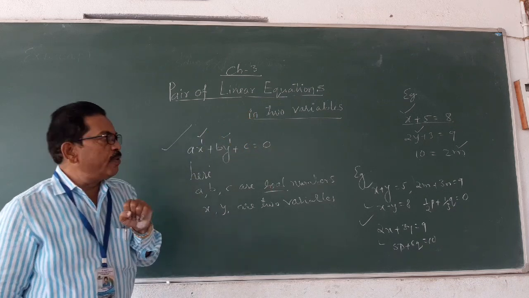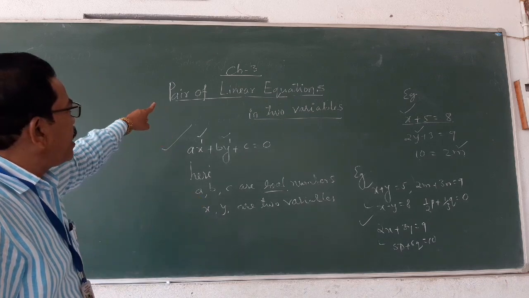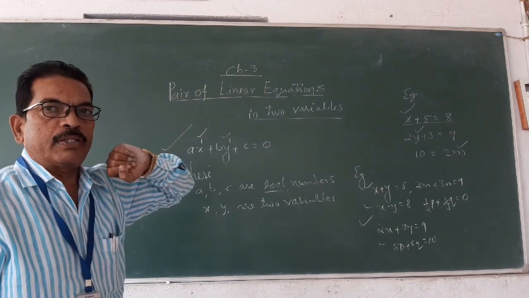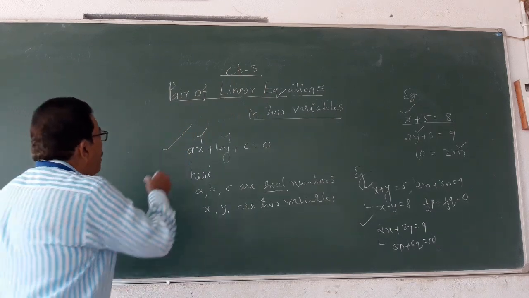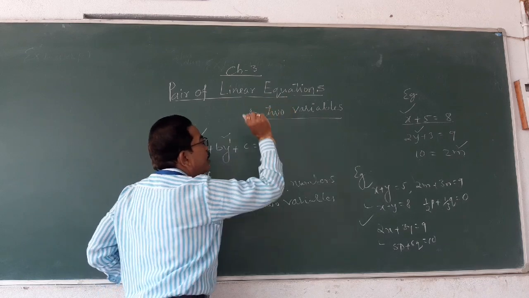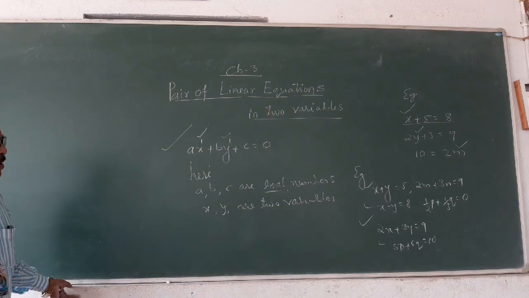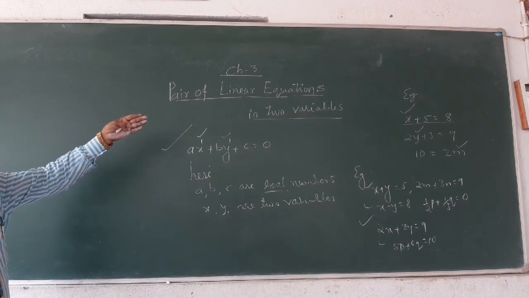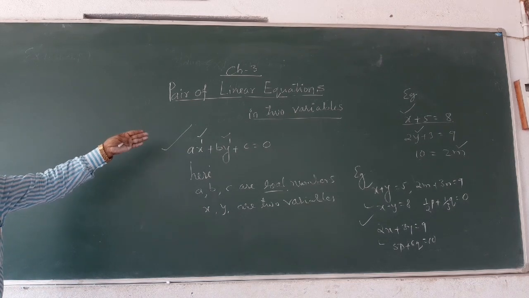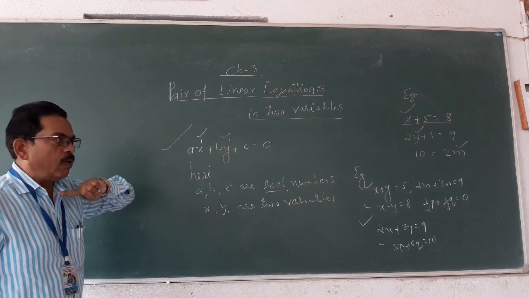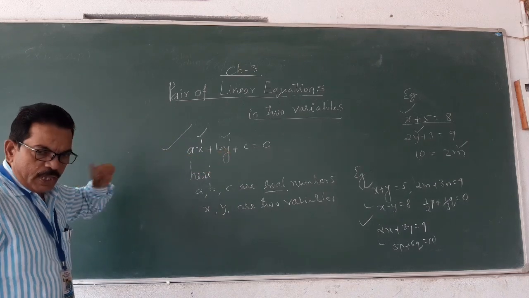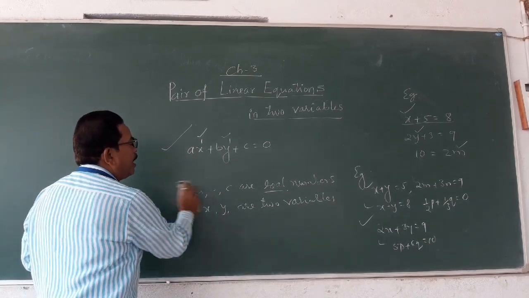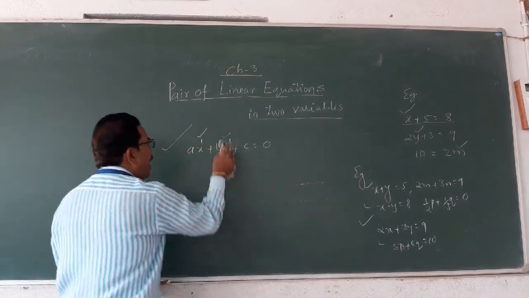But still we have not completed the definition of a pair of linear equations in two variables. What is the meaning of a pair of linear equations in two variables? See, very simple. Two linear equations of the form ax plus by plus c equals 0. The modified form of that linear equation in two variables can be expressed as